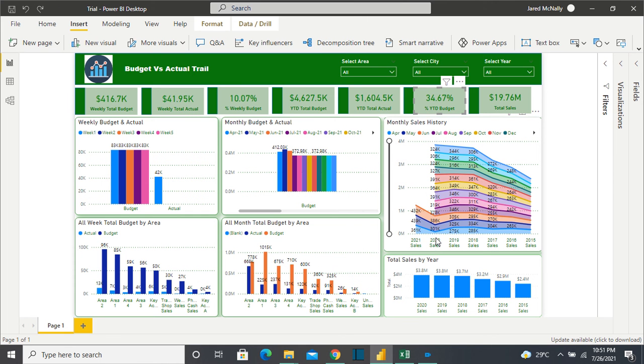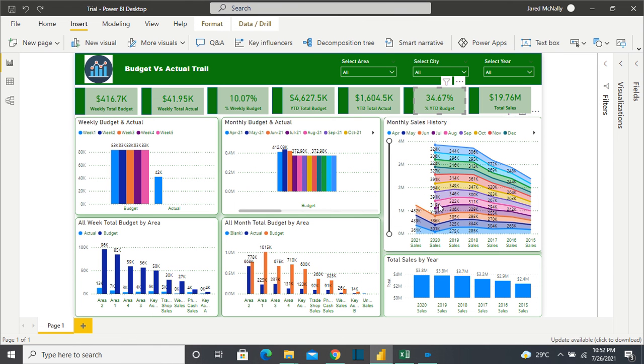We can see for each year the monthly sales. Like for 2021, the April sale is 361k, for May 439k, for June 431k, and the same for all.